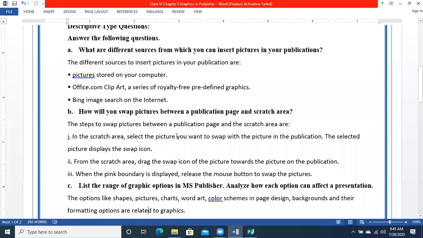Then from the scratch area, drag the picture icon of the picture towards the picture on the publication. And when the pink boundary is displayed, release the mouse button to swap the pictures.